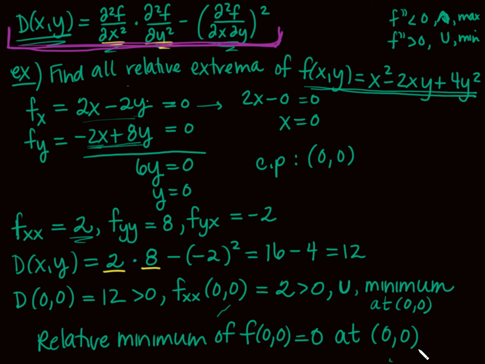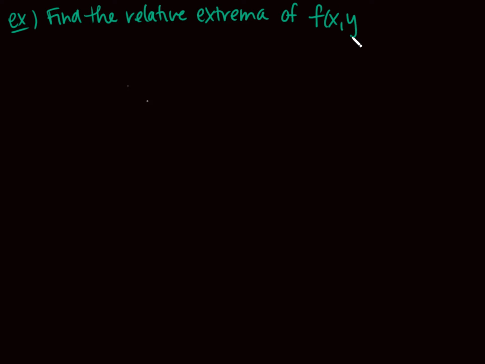All right, so let's do another example. How about, yeah, this will be a good one. So let me clear this out really quick. So again, find all relative extrema of the function, and here's my function. F of x, y is going to be equal to x cubed minus y squared minus 3x